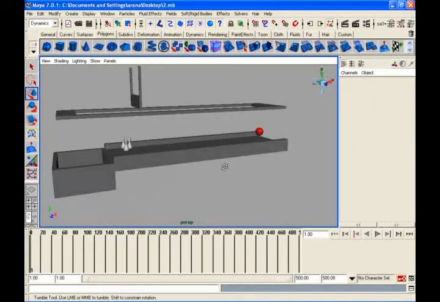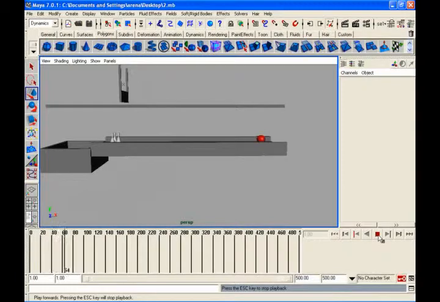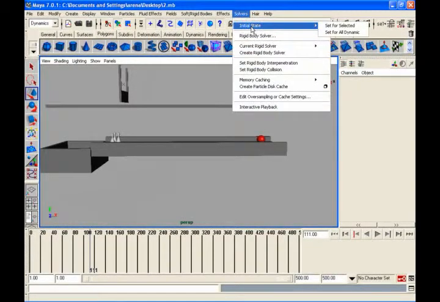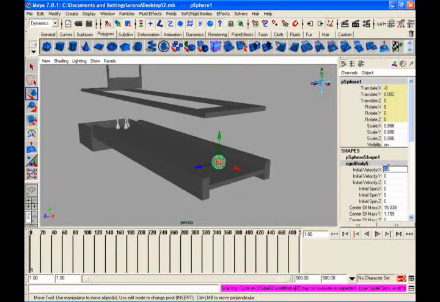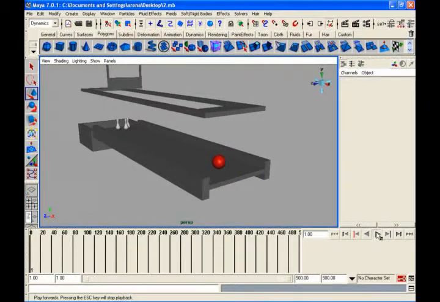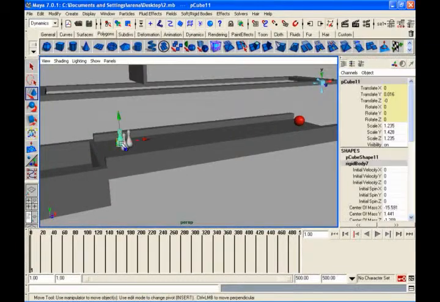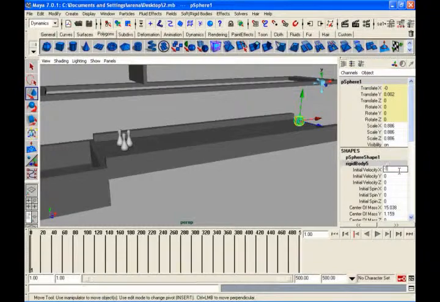Then let them settle, then say solve your initial state, set for all dynamics. Then you will start putting your initial velocity in the z direction, x direction, like minus 20. All gone. Good hit. What I'll do is pull them a little bit forward or decrease the speed of this, minus 15, so that a little bit they will stay here and there. Okay, this is the situation done.